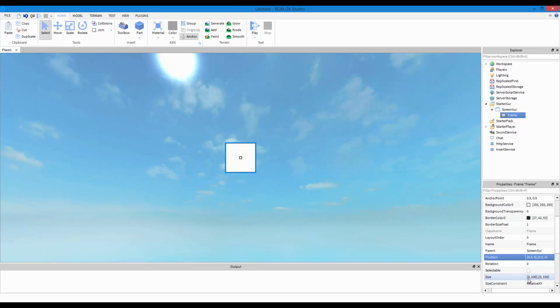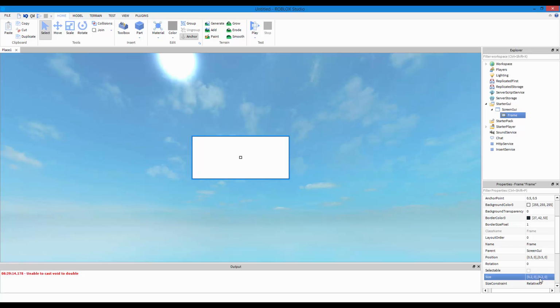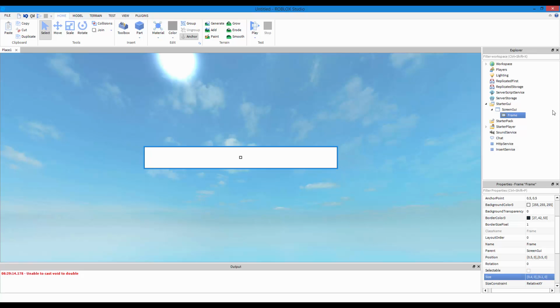Now whenever we change the size, you'll see what I mean. I'm not a very good explainer. So I'll do 0.2. It resizes on both sides, as you can see. Same with the Y. Oh, why did I put Y? Same with over here. So I'm gonna put this at 0.1, and I'm gonna change this to 0.4. Let's go with 0.4.